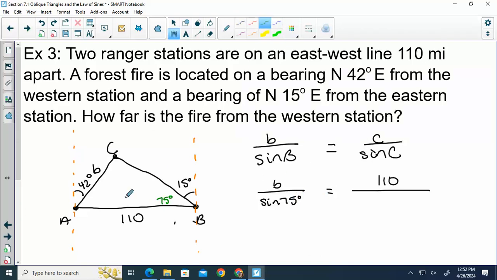We know angle A, this is a north-south line and an east-west, so 90 minus 42. Okay, 180 minus 48 minus 75. 56. Then we just multiply over the sine of 75. And we get that B is